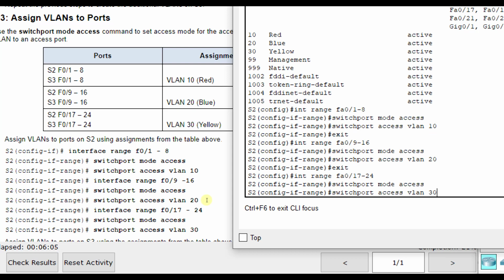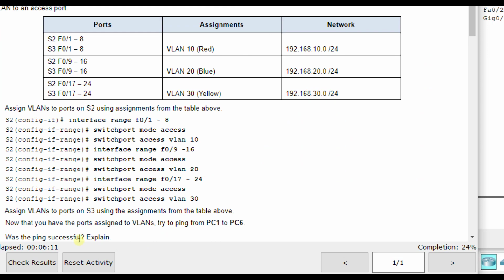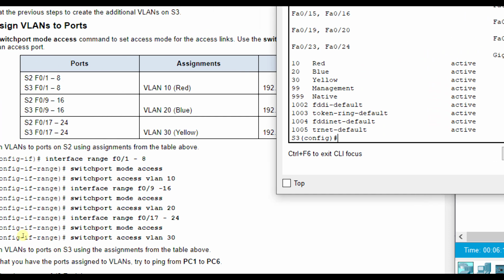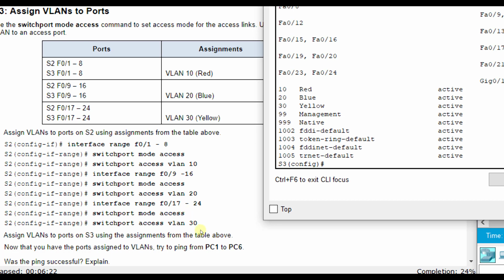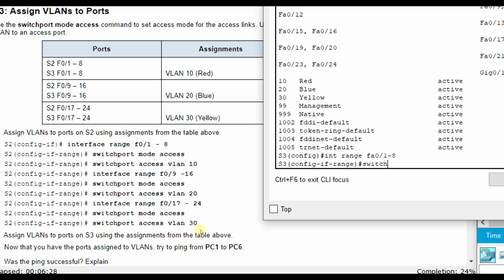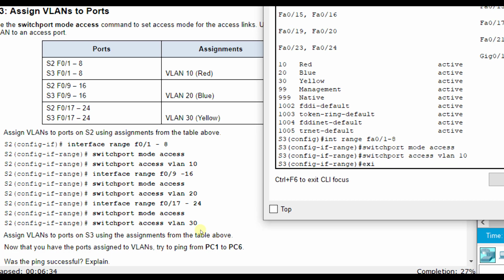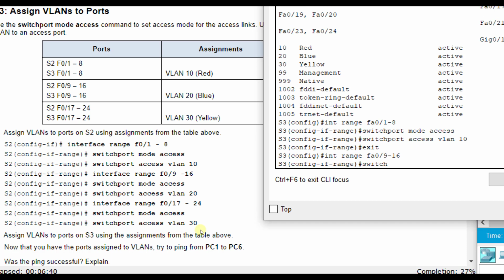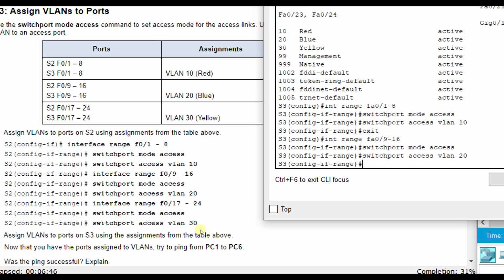And this one's VLAN 30 for 17 through 24. All right, it says assign ports to switch 3 using the same method. So on switch 3, interface range FA0/1 through 8, switchport mode access, switchport access VLAN 10, interface range FA0/9 through 16, switchport mode access, switchport access VLAN 20,